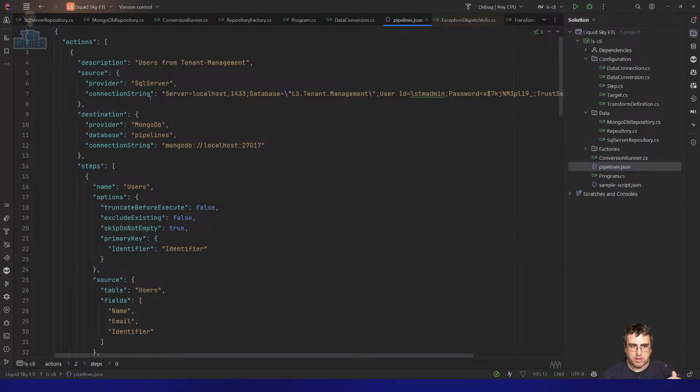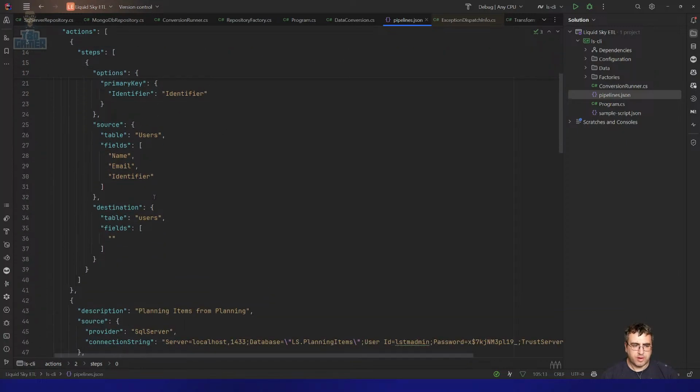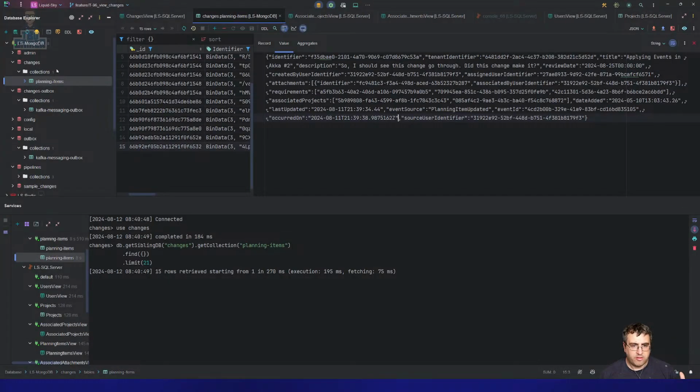This one doesn't deal with the idea of these living in the projects themselves because they tell the story of how to transfer data into it. But there's also transforms, right? So this doesn't do any transform right now. This just says, oh, here you go, A to B. It's kind of dumb. But what this would need to do is say, okay, I've got a planning item. I need to transform it into a planning item integration event, and that's what gets stored in the changes here, right? So it's not just a case of taking the item